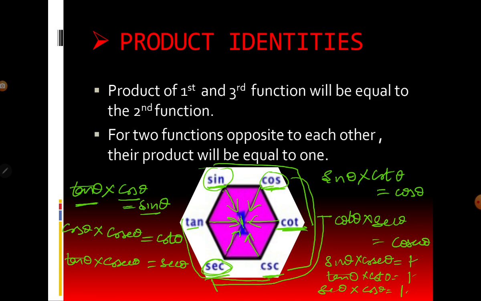So this you have to remember. No need to remember everything, you only have to remember the position of arrows, the direction of arrows and the position of functions. Only this thing you have to keep in your mind. No need to worry, no need to memorize. Only keep in your mind the direction of the arrow and the function. It's very simple.